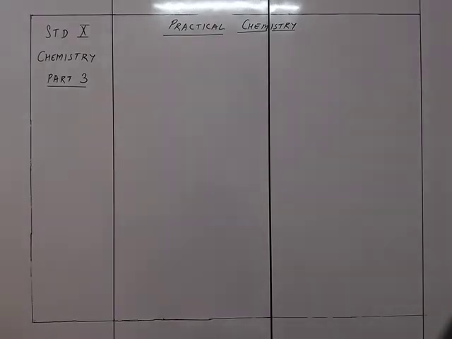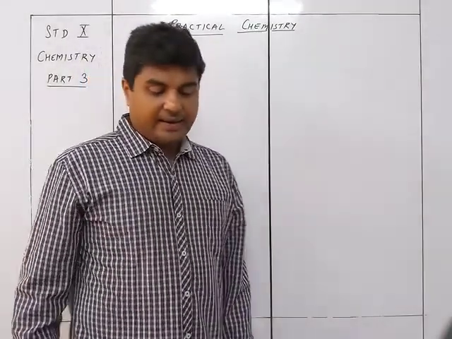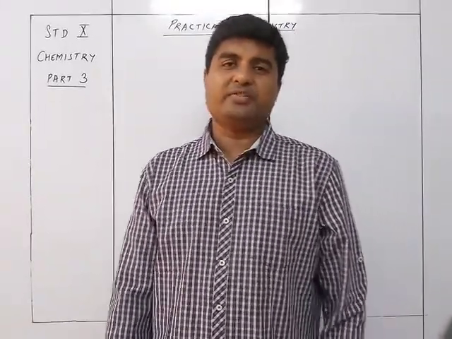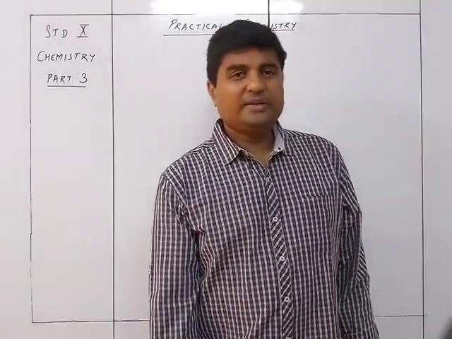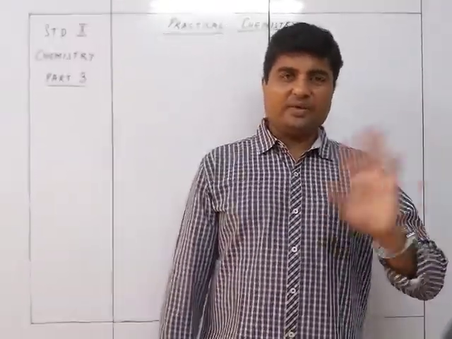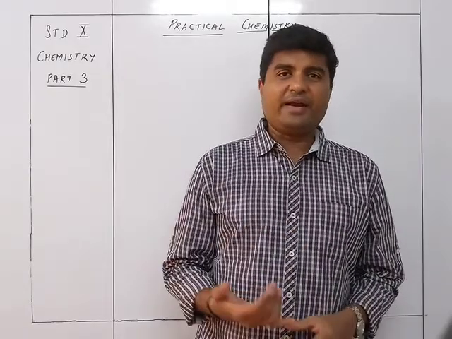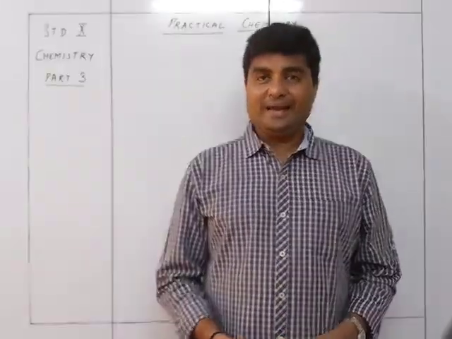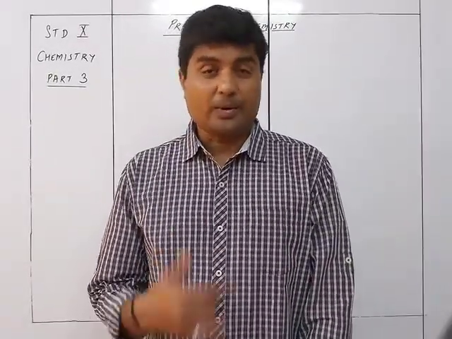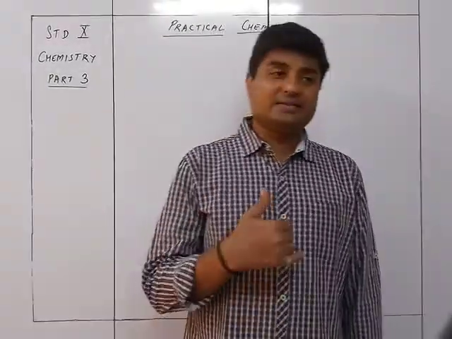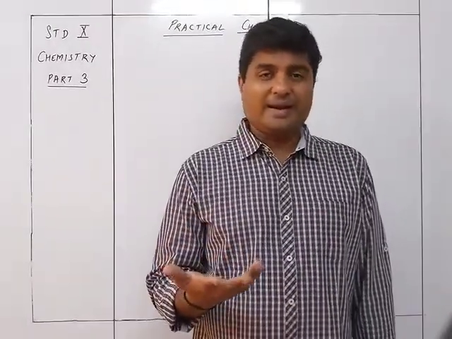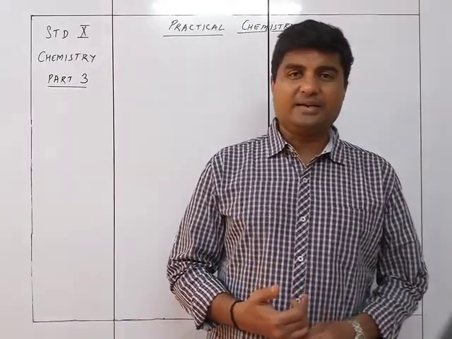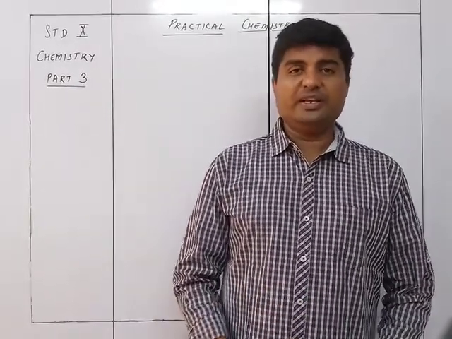Okay, we continue with the practical chemistry, and now we are going to study how to identify the anion present in the compound. So we studied the different gases, then the heating effect, and the cations which are present. Now we are going to study the anions. Anions, meaning whether it is a carbonate or a chloride or a sulfide or a nitrate. So how do you identify what kind of anion is present in the compound? That is what you are going to see in this part of the chapter.